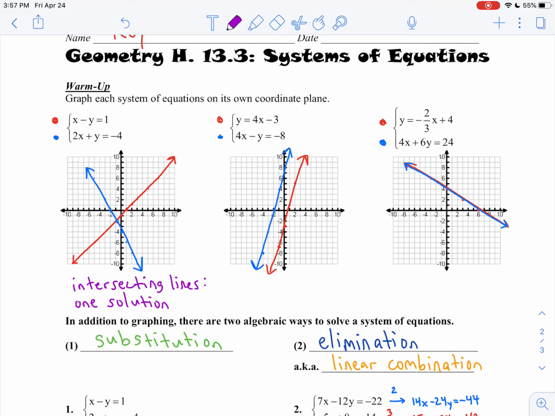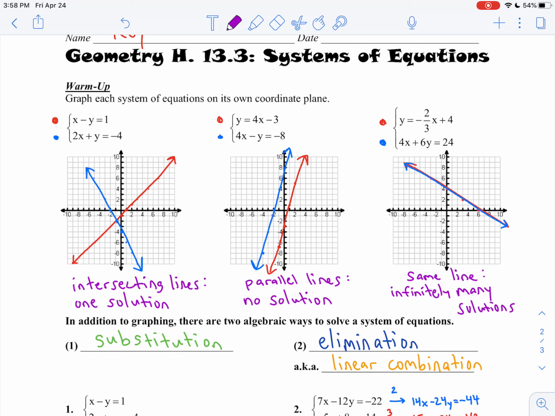In situation number 2, you saw parallel lines. And algebraically then, or no matter what, that system of equations has no solution. And in situation number 3, it is the same line. Some places call that coinciding. And what does that mean for us? It means infinitely many solutions. I can't spell. Let's try again. Infinitely many